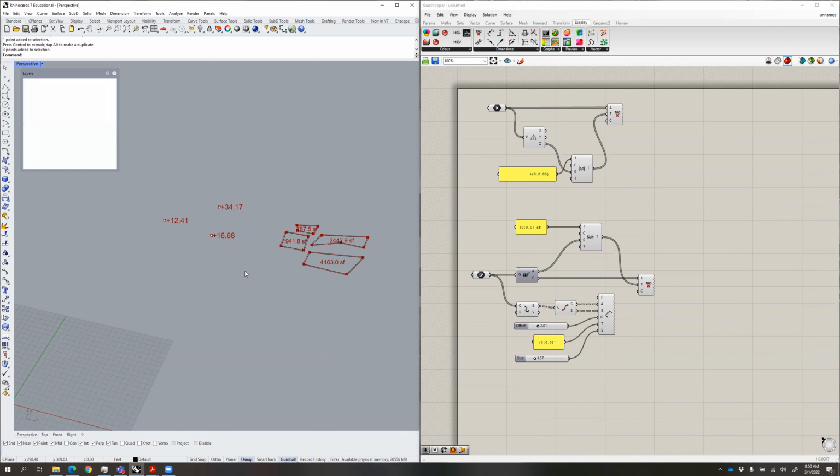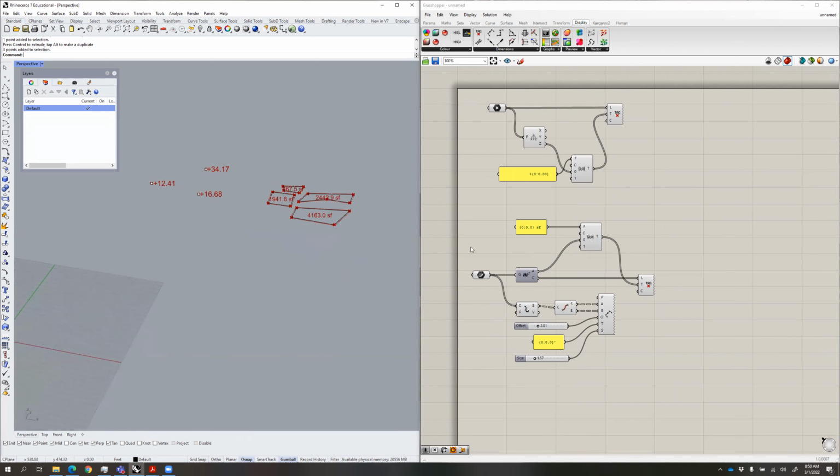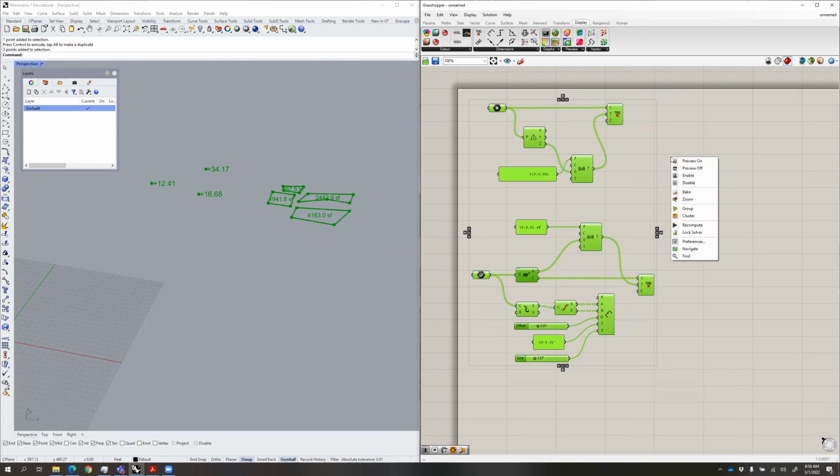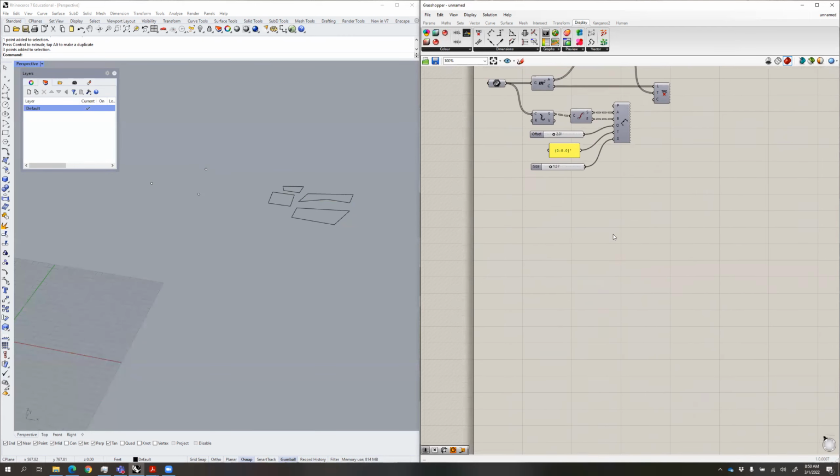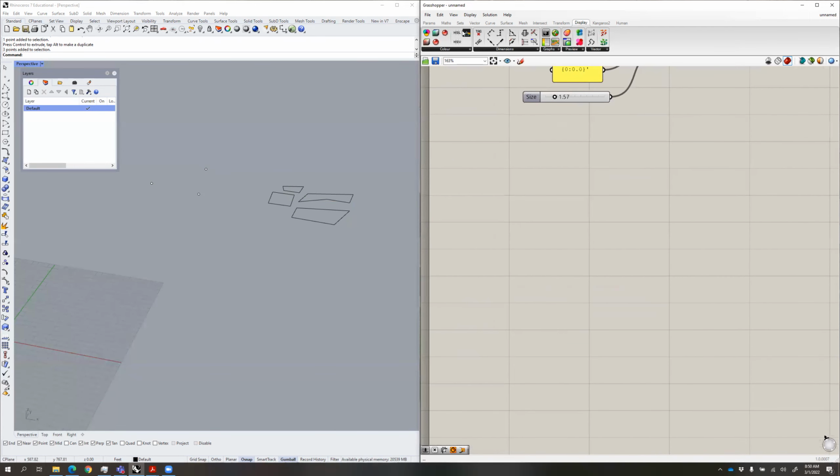So slope, let's go here. I'm going to take these elements here and select them all, right click, preview off, and that just turns off the preview of everything. And then we're going to go down here. We're going to bring in another point